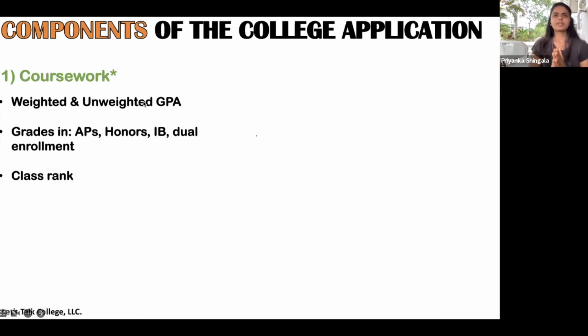Now, the unweighted GPA does not take into account the difficulty level of a certain course. So if you got, let's say, a C in AP Calc, and you got a C in regular calculus, well, it doesn't factor in the fact that AP Calculus had a lot more homework included in it, a lot more content. You move at a faster pace because there's an exam coming up at the end. It doesn't account for any of that. Unweighted GPA just says a C is a C is a C.